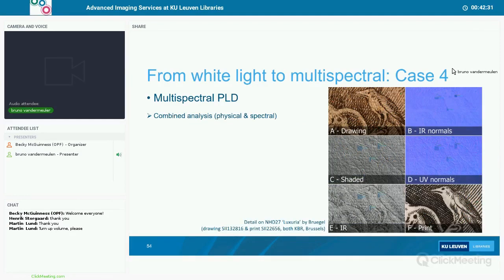A fourth example is part of a large project with the name Fingerprint, which is on the graphic work of Bruegel. This is a project which is still going on between KU Leuven and the Royal Library in Brussels. We have scanned some 200 graphic drawings and prints by Bruegel. We also have scanned a few of the original drawings by Peter Bruegel the Elder himself,